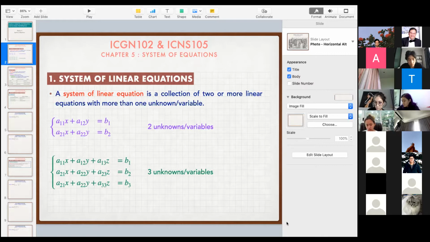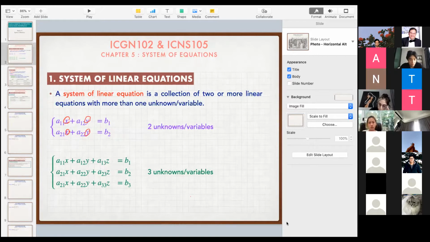B1 and B2 are constants too. In this case we have just two variables, or two unknowns, x and y only. We use this system of equations to help solve the value of x and the value of y, using many techniques that I'll talk about in the next example. In the green lines, there are three